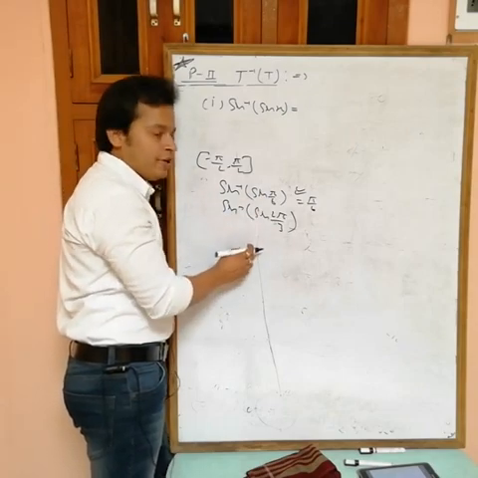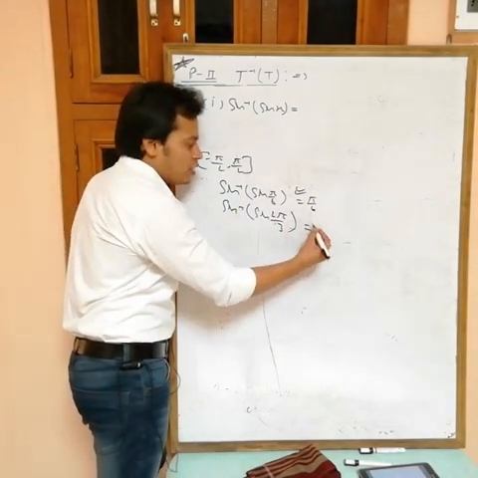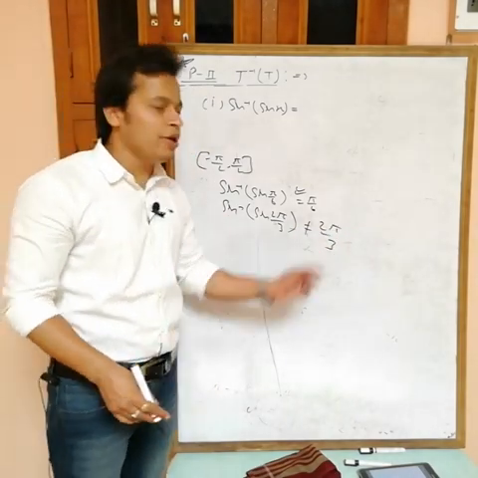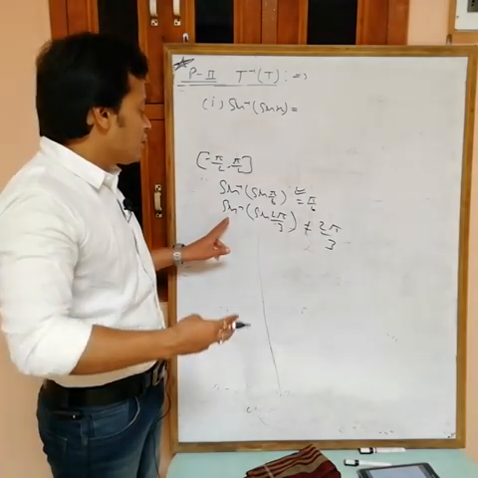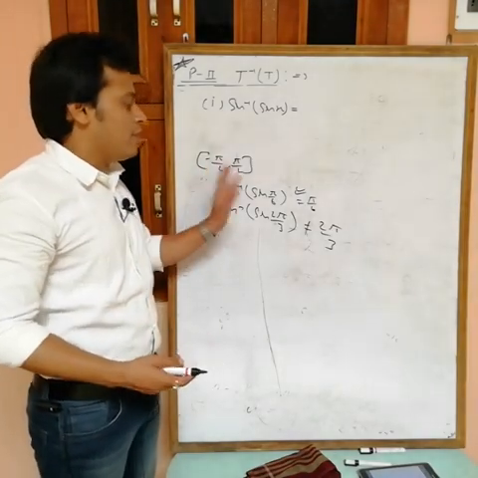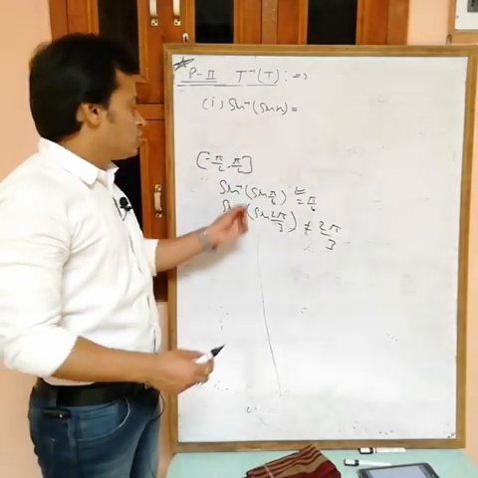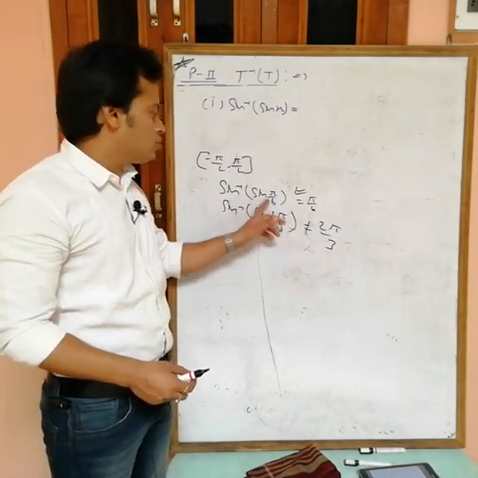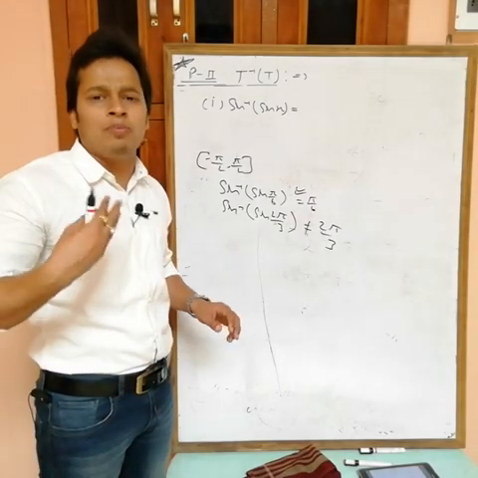but at this time you can't use the formula f inverse of f x equals x. It means you can't write 2 pi by 3. Why? What is the reason? Because sine inverse can't be equal to 2 pi by 3. Sine inverse can give you a value between minus pi by 2 to plus pi by 2. So when x lies in the range of sine inverse, then directly you can cancel out. If it is not in the range of sine inverse, then we have to apply the formula.